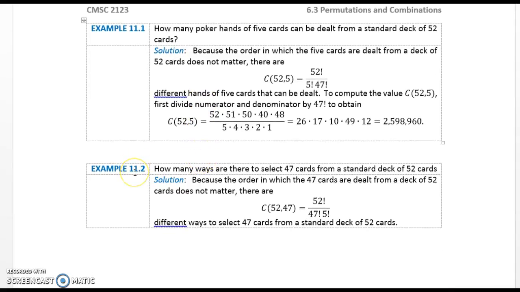Example 11.1. How many poker hands of 5 cards can be dealt from a standard deck of 52 cards? Solution. Because the order in which the 5 cards are dealt from a deck of 52 cards does not matter, there are C of 52, 5, or 52 factorial over 5 factorial times 47 factorial, different hands of 5 cards that can be dealt. To compute the value of C of 52, 5,